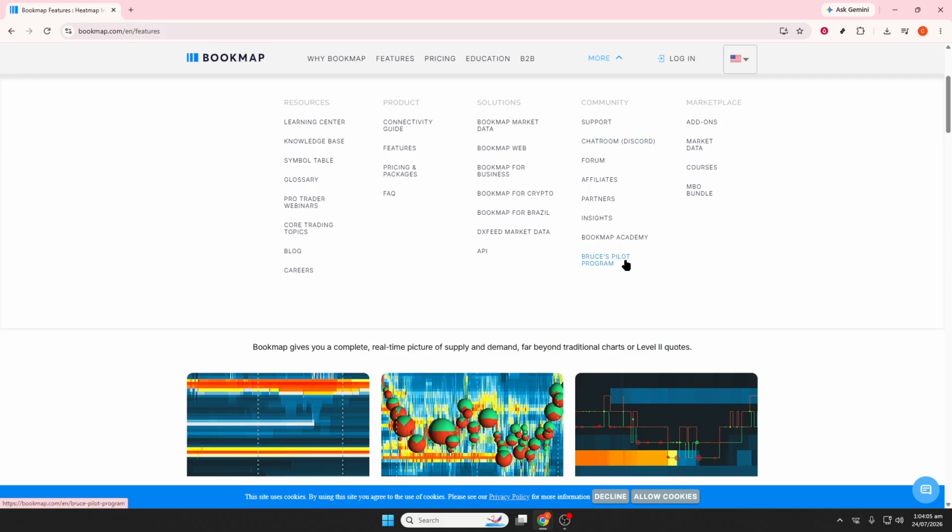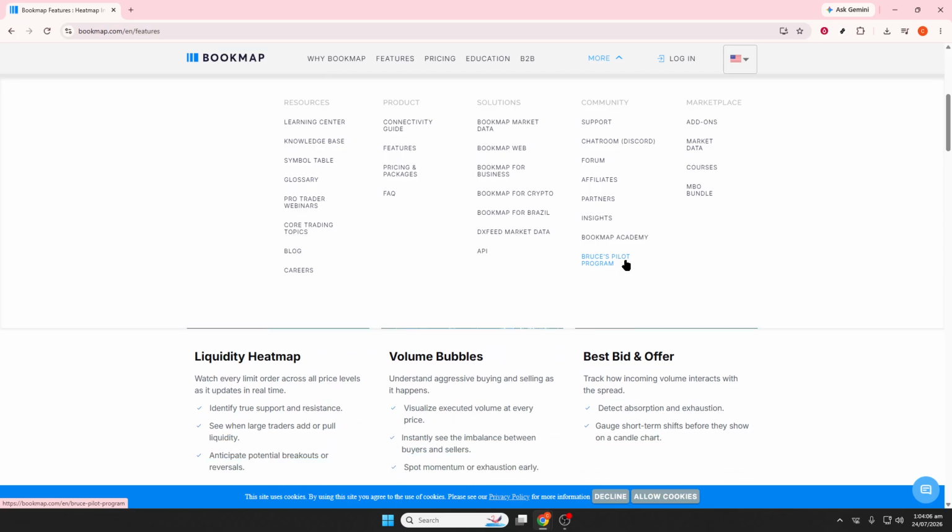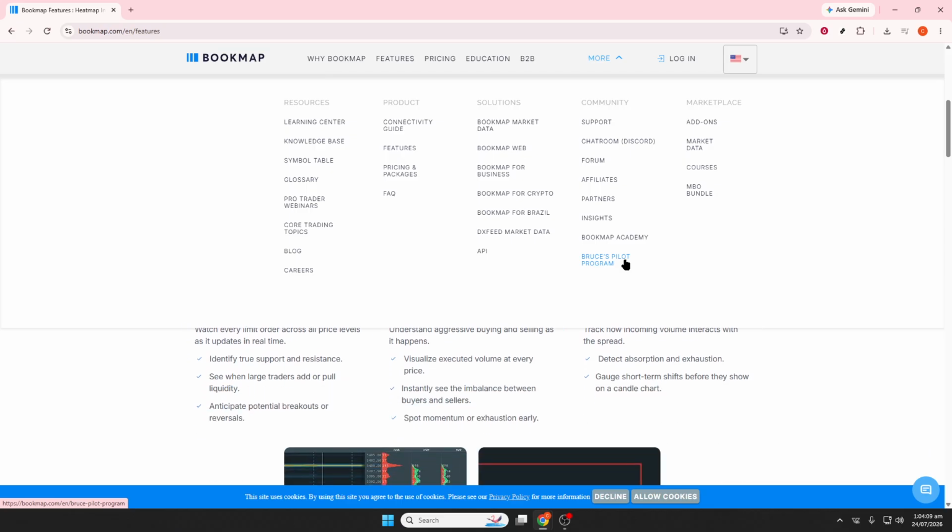Finally, practice with time and sales in replay mode or on a simulated account before using it in live trading. It works best as a confirmation tool,